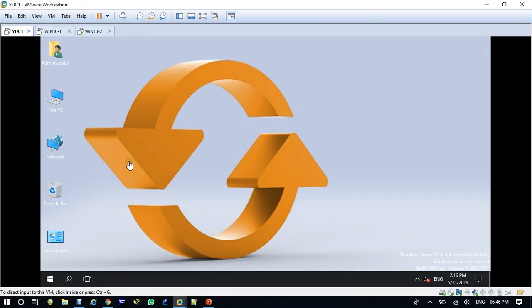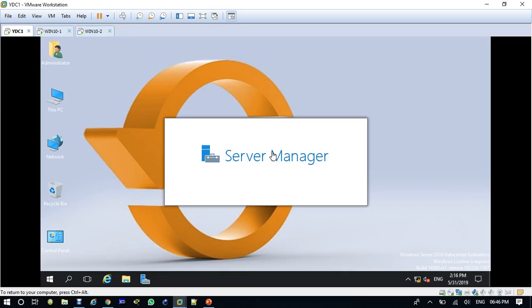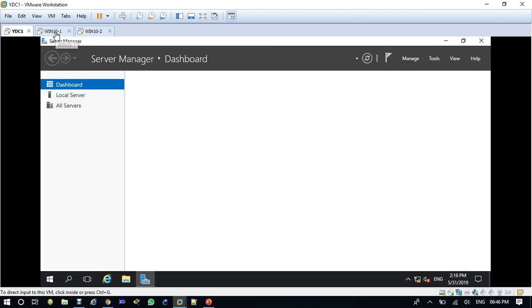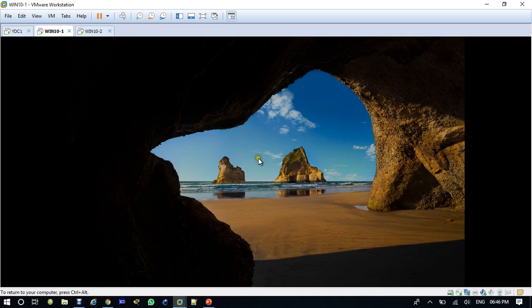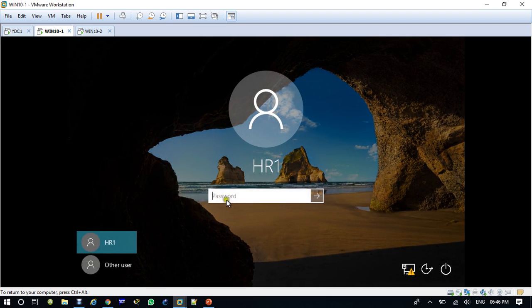Okay, so now we are working with group policy second lesson. In that second lesson we'll work on another part of GPO. Now what I am going to show you, just come to the client and log in with HR1 or IT1, anyone you want.